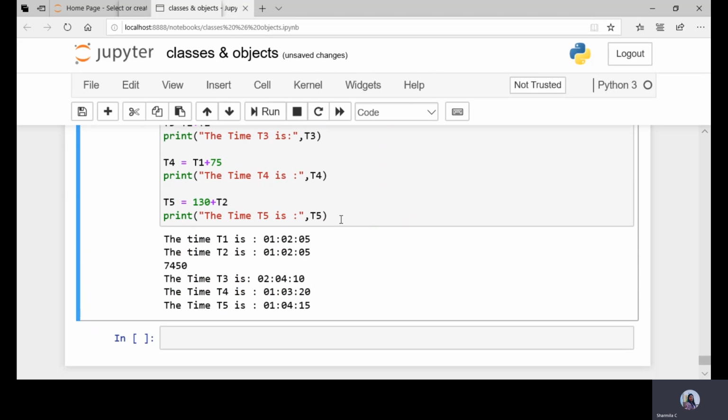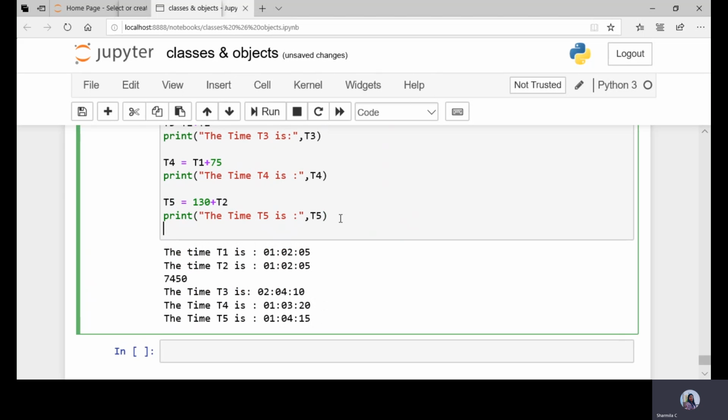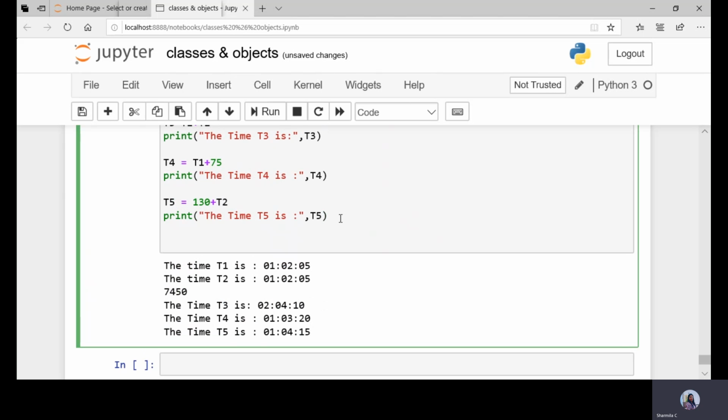Python also has one more special facility where I'll consider T6 equals a call to the sum method. Within this sum, I'll give all the times in the form of a list, T1 comma T2 comma T3 comma T4 comma T5.